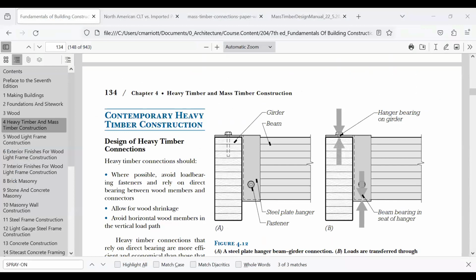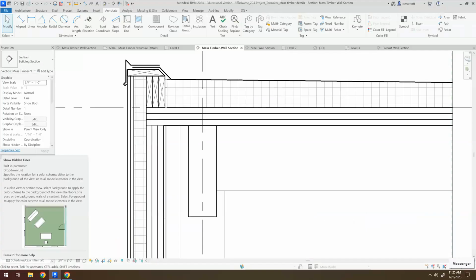As you may recall, this beam is a glulam, and the way it actually is fabricated is it's a series of smaller members that are stacked on top of each other and glued. So we're going to draw the graphic to represent these individual pieces within the beam. So going back to the Revit file, we'll do this as